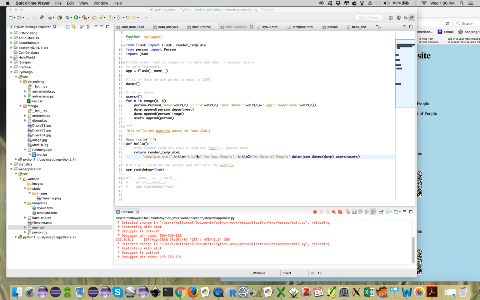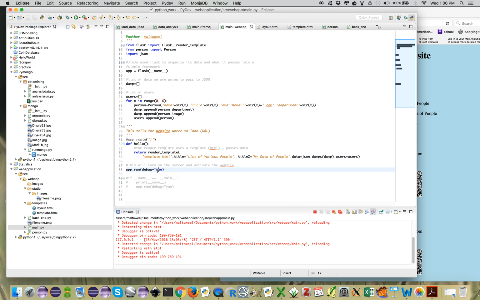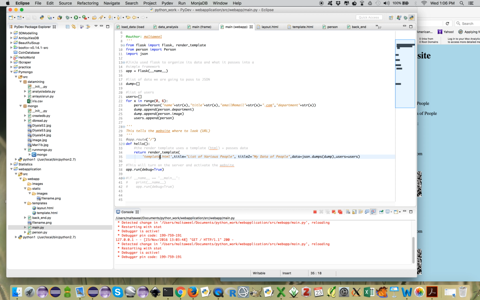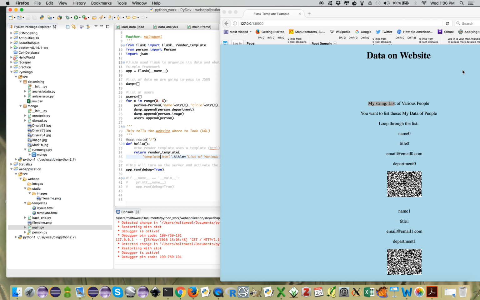Now let's say you want to change the layout. So in this example, we're going to change it to template.html, which I've already done. So that's in the rendered template method that's called within hello. So this is going to now change the kind of layout that we want. So if we go ahead and make that change, we should be able to dynamically change things without actually relaunching